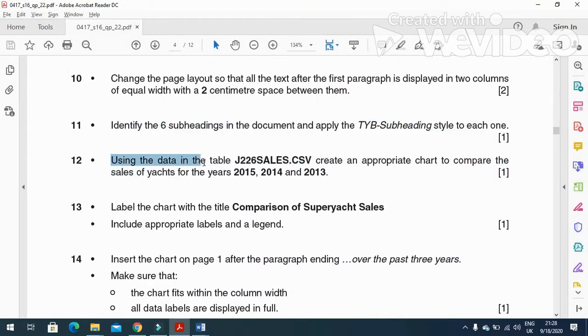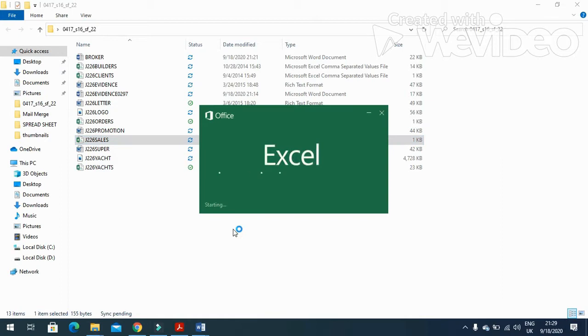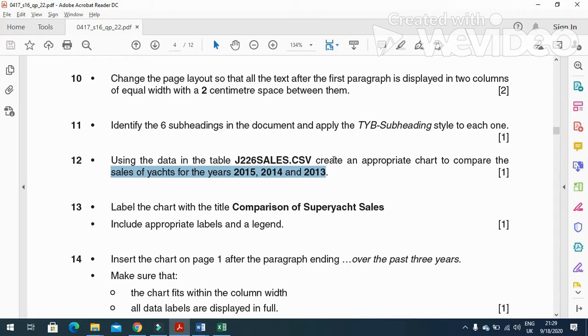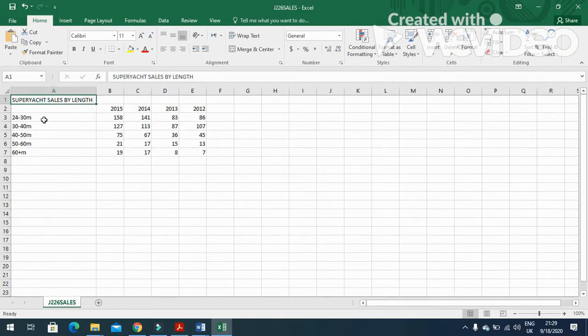And then using the data in the table J22 6 sales.csv, create an appropriate chart to compare the sales of yacht for the year 2014, 15 and 2013. So we'll open this file, sales, and we need to produce an appropriate chart to compare the sale of yacht. So here we just need to click, and then we just select these 3 columns only, we have nothing to do with the